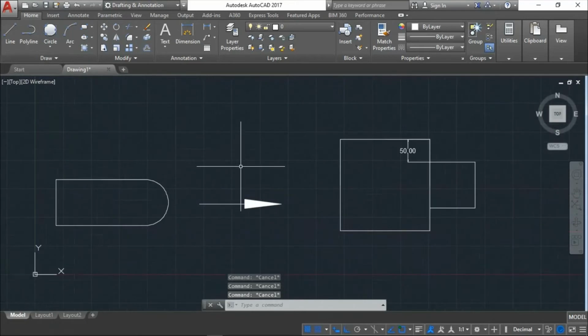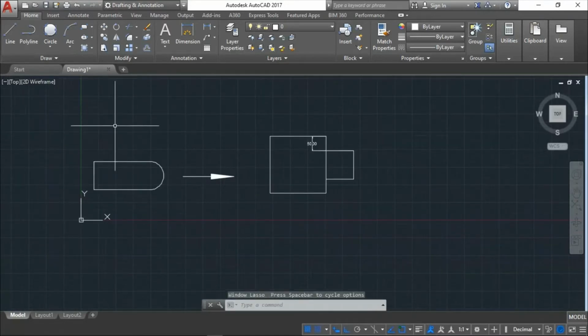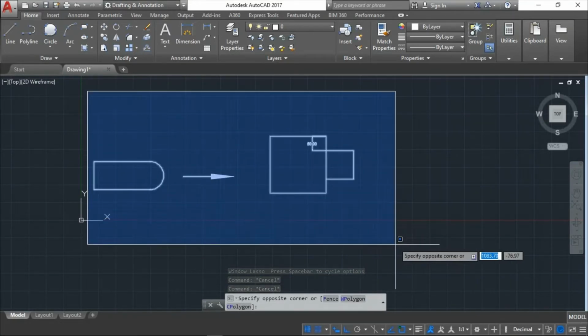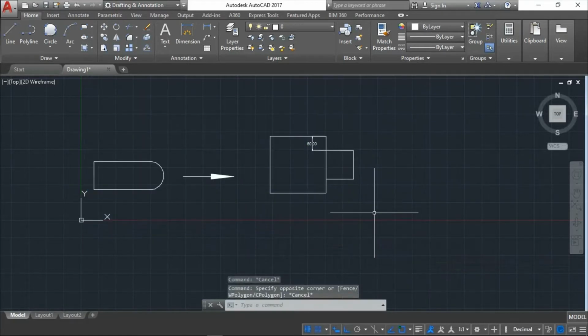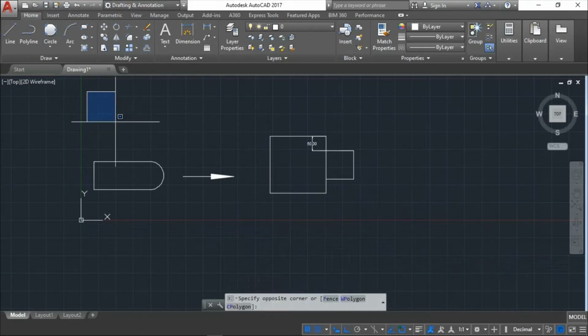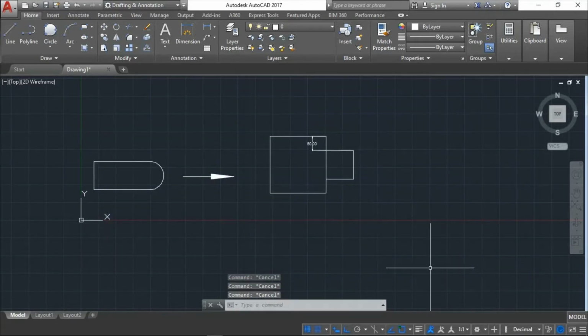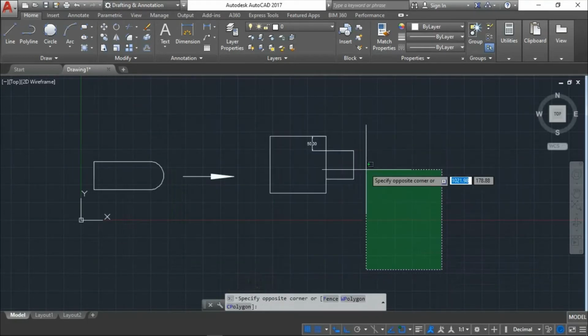One more thing, while you are creating sketches in AutoCAD, there are two options for deleting your sketches. Using your cursor, click in one point and drag your cursor. You can see this blue window. This is one type. Another is to click your cursor at the right side bottom corner, and the left side bottom, left side top. If you press your cursor at the left side top and drag, a blue window will appear. Same thing, if you press your cursor at the right side corner and drag, a green window will appear. What is the difference? Simple.